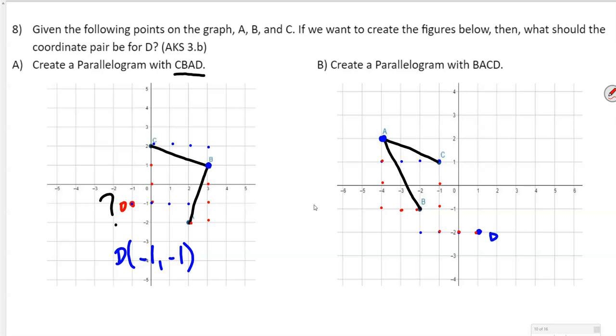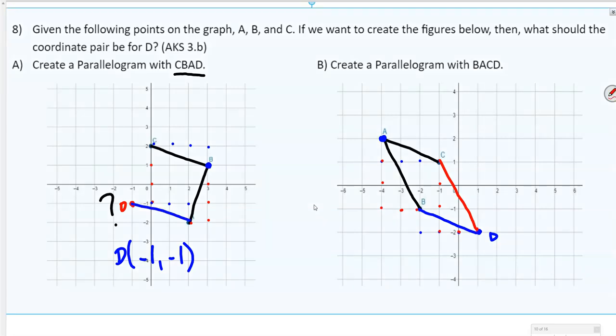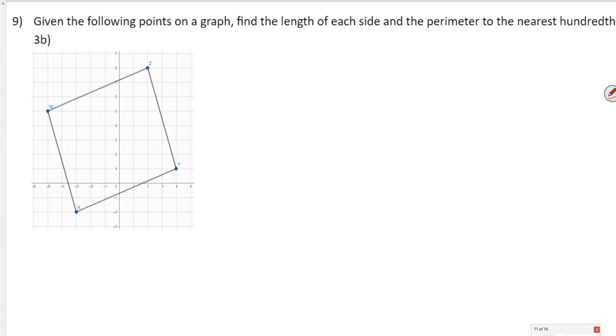And you can finish these shapes, y'all, so you can see that they are indeed parallelograms. And sometimes that'll help you to see whether you got the right point or not too, because if it doesn't look like a parallelogram, then something's wrong. So over here, our point D was 1, negative 2. Okay? All right, so for this next one, it says, given the following points in the graph, find the length